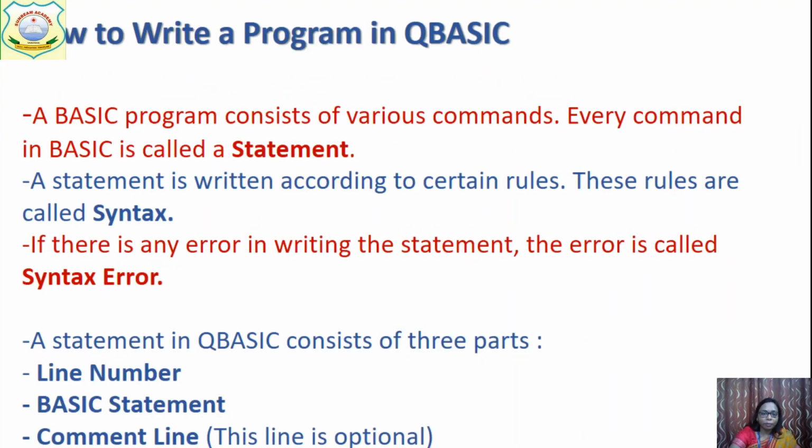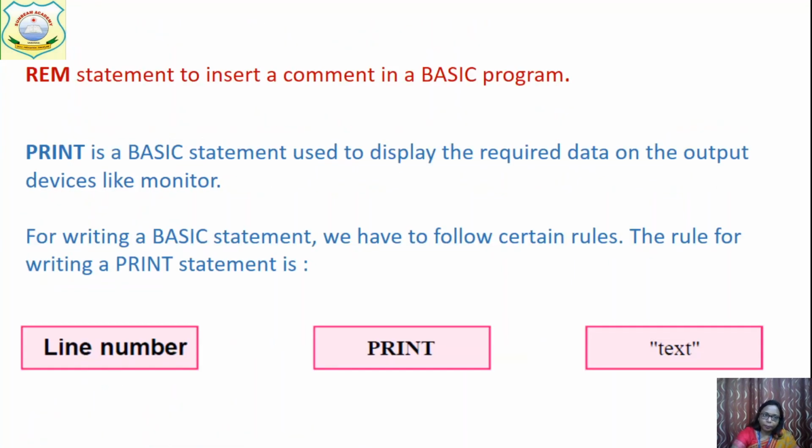How to write a program, that you know: every command is known as a statement and we should follow certain rules. These rules are called syntax, and if we don't follow the syntax we will get an error, and that error is called a syntax error. Any QBasic command has three parts: line number, basic statement and command line. This I will show you with the example. REM is the command, PRINT is the basic statement used to print. A PRINT statement contains a line number, PRINT and text. How? See,